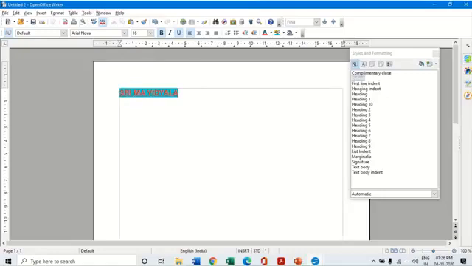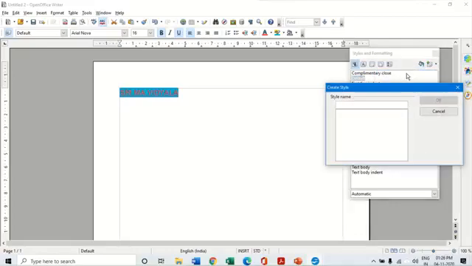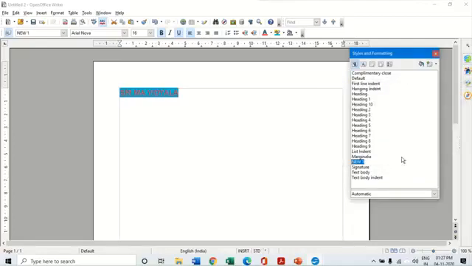Now this particular style, I want to give this style which I created just now a new name. So I click on new style and click on this icon here, new style, and click on new style from selection. And I'm going to give a name for it. Let us take new one and say OK. Now below here in my list of formatting, I get to see this new style.